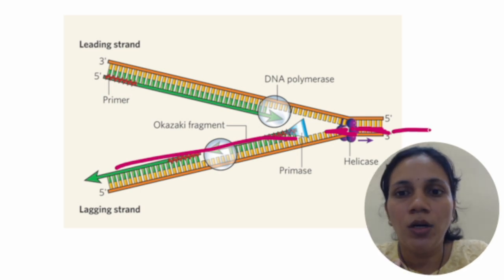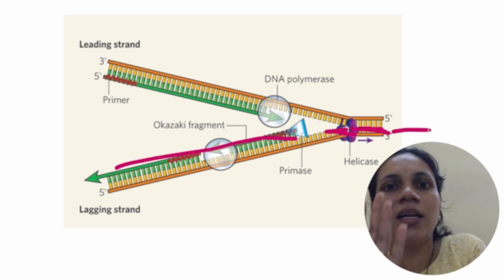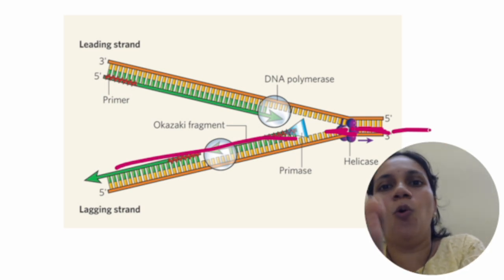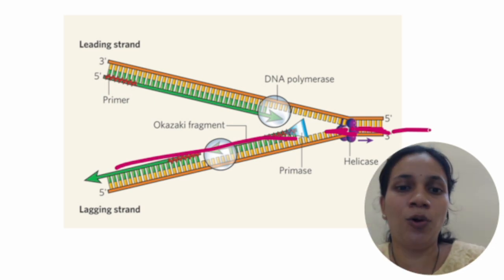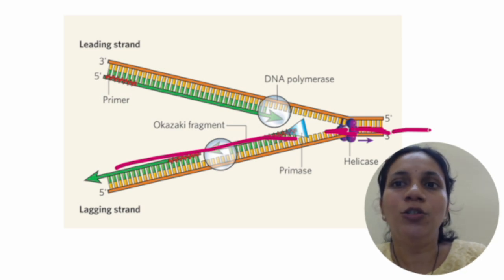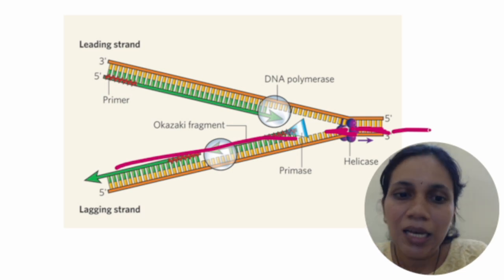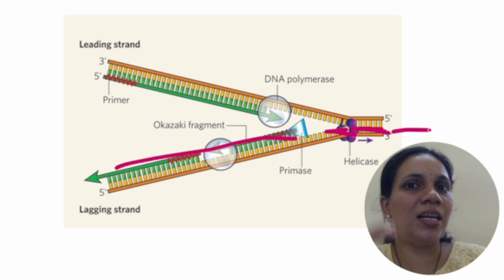So it is like a dhakka maar kind of thing. It will push, it will add dNTPs. Then after some time again its cart gets stuck, again it has to be pushed. Again it will open, so again it will add dNTPs. Again dhakka maar. So your 5 prime 3 prime strand is like a stop-and-go train. So it is the lagging strand. Understood why it is the leading strand and lagging strand?